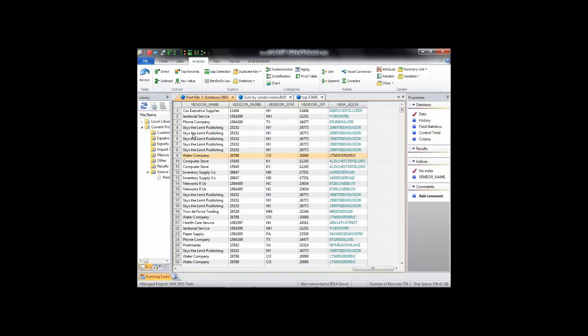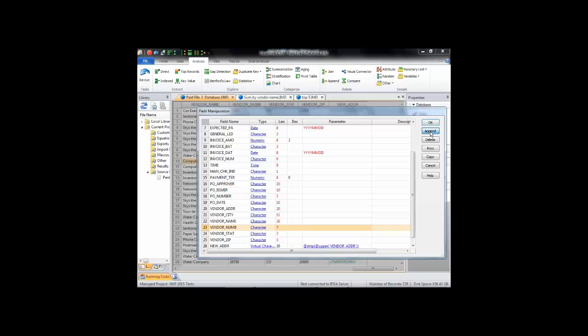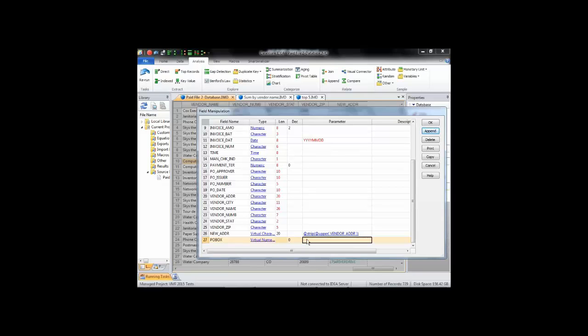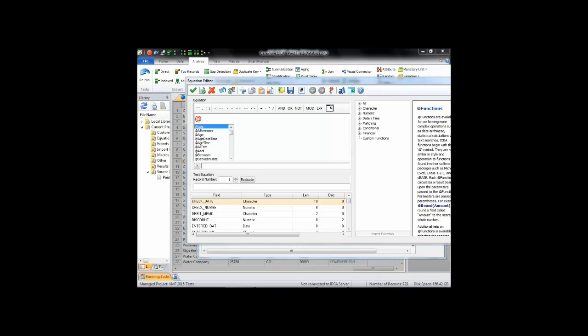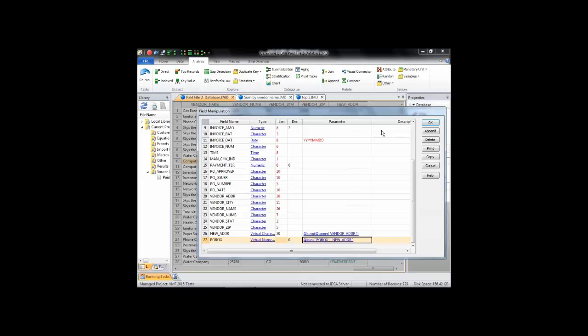So now I want to pull out the P.O. boxes, and so again, let's insert a new field, append, P.O. box, put the formula in. I'm going to use the ISINI, is any field, and I'm going to look for P.O. box in that new address field. So pull that up, close it, check the syntax, passes, push it across. So hit OK,